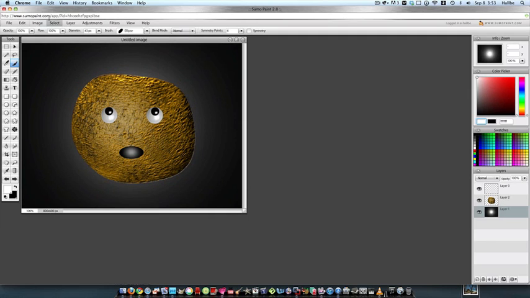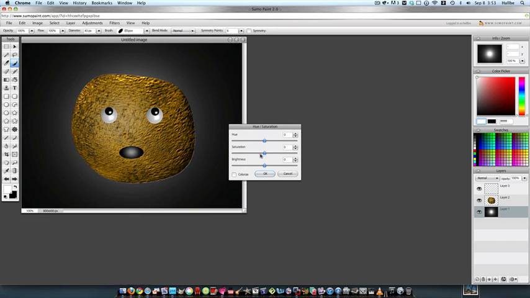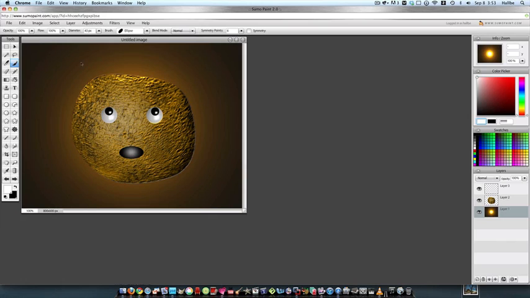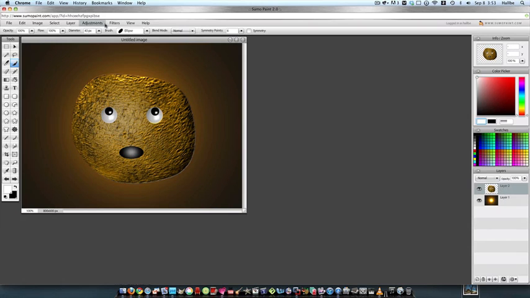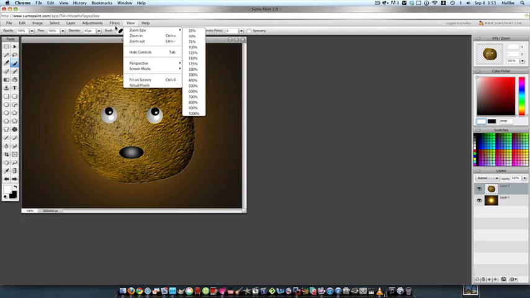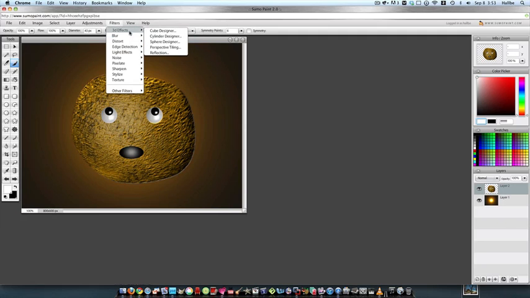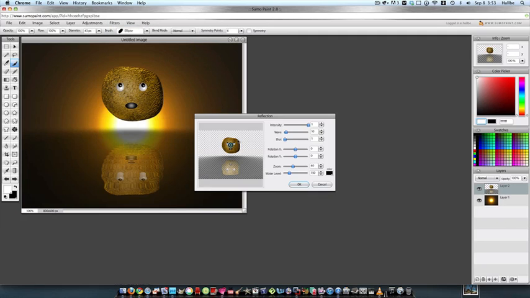Okay, and adjustments, hue and saturation, colorize, bump up the saturation, a little bit more golden colored, and then we can take our rock, filters, 3D effects, reflection, and looky here, we have kind of a little